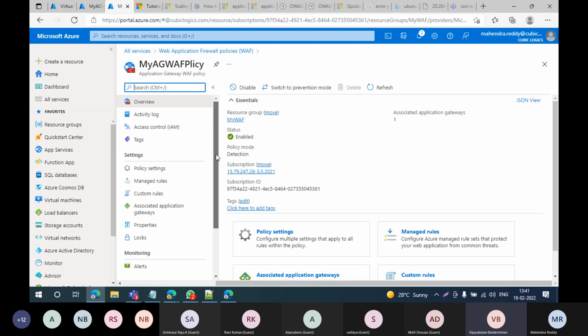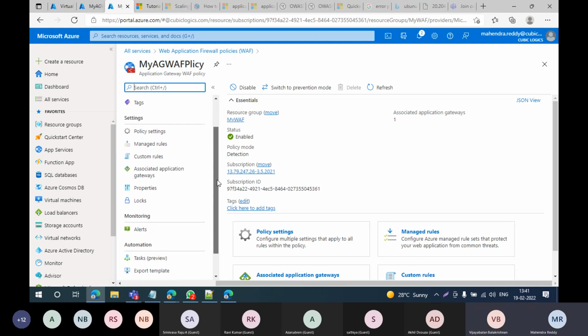Now you need to understand one thing: web application firewall, where and all you need it. Say, for example, I want to create a secure environment. With more security I can do it, or location based, I can apply more restriction. That means before you expose anything, instead of creating a normal load balancer for a production application, it's really advisable to go with web application firewall. And you can even enable functionalities, content caching, everything. But the outside traffic will come via web application firewall, where you can simply control.